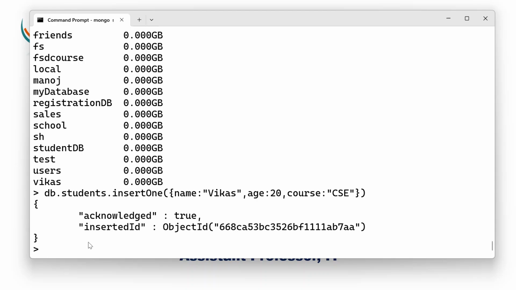Same way, we can insert many records. We can in fact say the same thing, students dot, instead of insertOne, we'll say insertMany. And these have to be separated with commas. The same thing, name colon Rahul, comma, age colon 20, because in a class all of the students would be of the same age approximately. Course CSC,